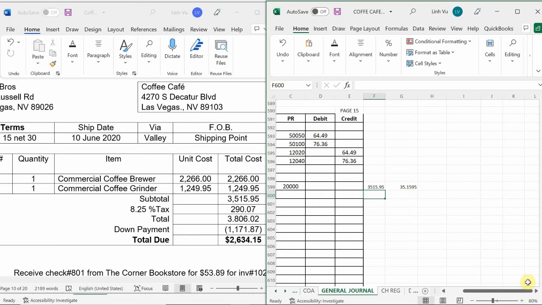I would have to manually calculate what each percentage is, right? I can't just split it in half because let's take a look. My coffee brewer is $2,000 and my coffee grinder was $1,000. How can you split tax in half? You can't, right? It's prorated. Or I'm sorry, discount. It's prorated. So in this case, it's going to be based on how much each of the items cost. So in this case,